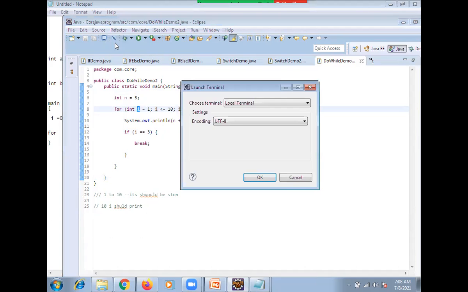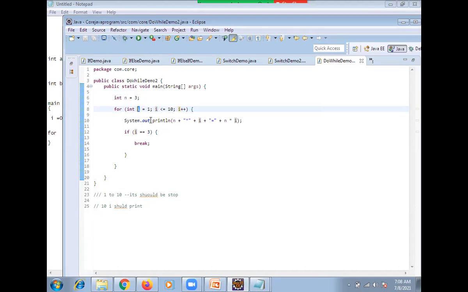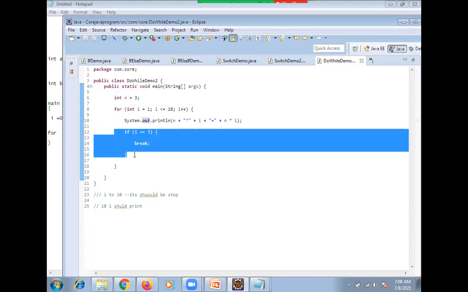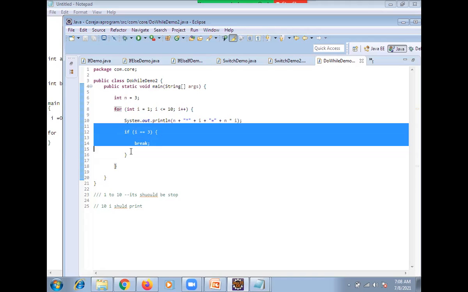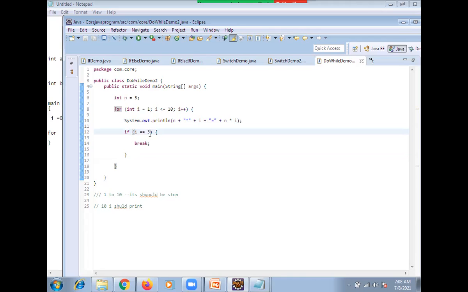Naveen, you are getting or any confusion? See what we are doing. I initially we are assigning 1. So 1 double equal to 3, so the condition is not satisfied. So it won't execute. Then I again it will loop. Again I equal to 2. N into 3, 3 into 2 will also print. Then I equal to 3. Here I equal to 3 means we are breaking the program. So till 3 only it will print. Now one more condition I want to add. You are getting what I am saying?